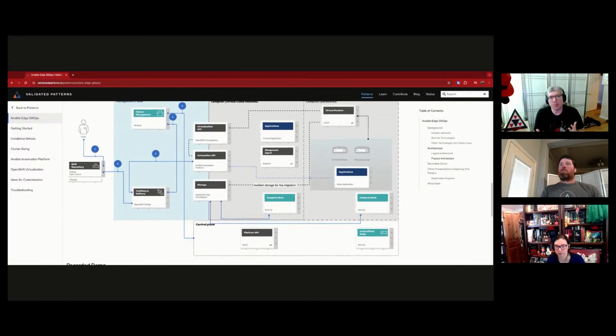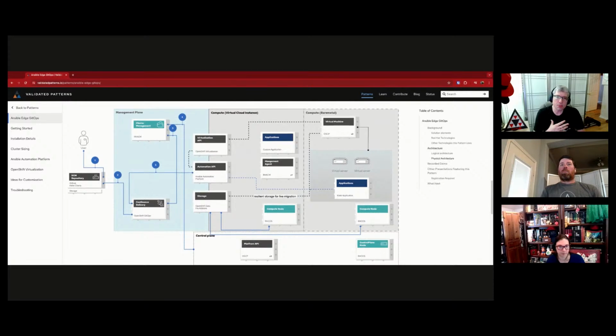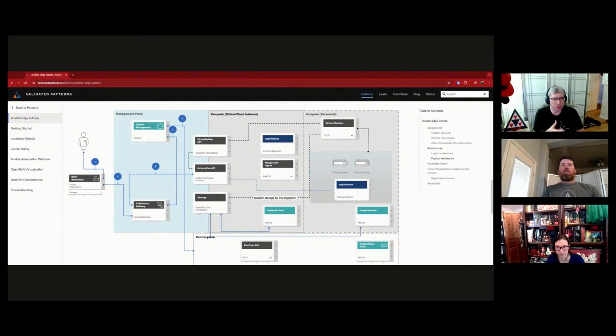And so the Ansible Edge pattern has proven to be a useful jumping off point for other work where people want to explore, how do I install Ansible in my OpenShift cluster? How do I load content into Ansible in my OpenShift cluster? How do I address VMs that are running inside an OpenShift cluster? And also, I